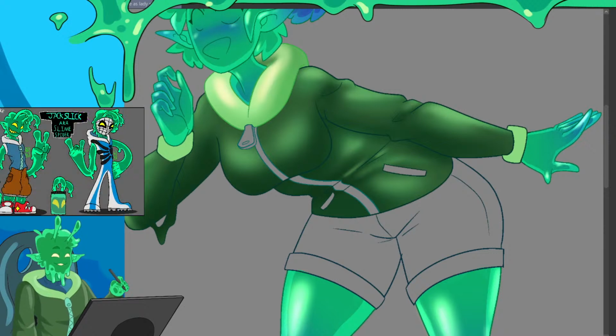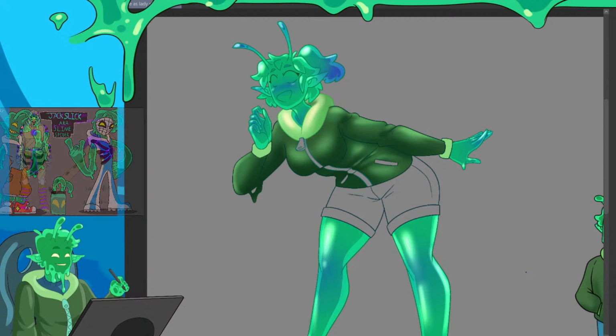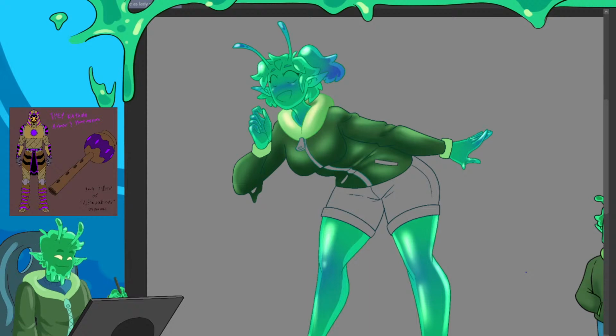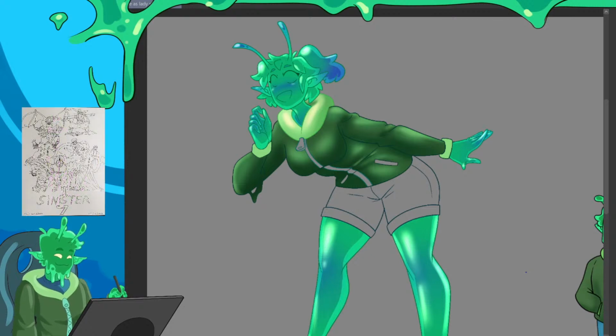Since we're doing Ben next, how detailed are we going with him? I mean, we want them to be cartoon accurate, right? I know you have a reference of the painted version of Ben that you want to skew towards, and I think we can try to do that a little bit. We need to hit a middle ground between cartoon accurate and human.